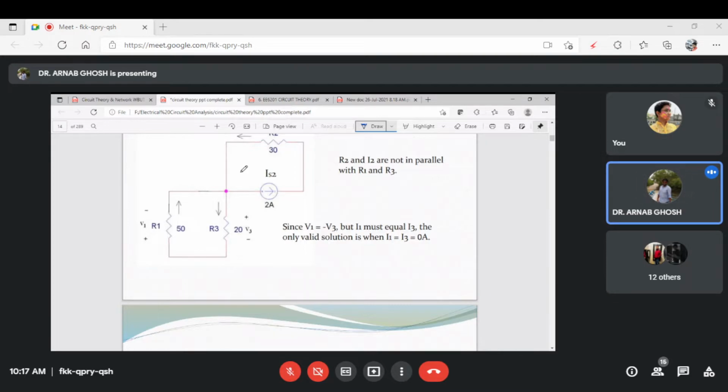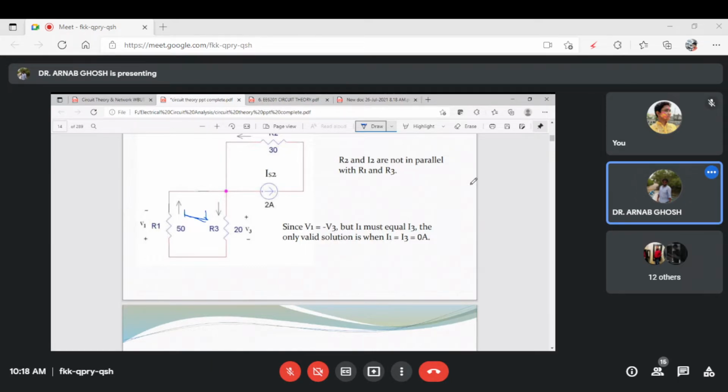Now these two currents, I1 and I3, this must be equal because they are flowing in the same direction. So here there are no other currents through this R3. So the current flowing through R1 will be the current flowing through R3. And again, you know that the voltages in parallel branches must be equal. So your V1 must be equal to V3. So the current is equal because these two are in series. You are not having any loops here, so no other currents here. If I1 is flowing through this, I1 is flowing through this as well. So this is the same current flowing.